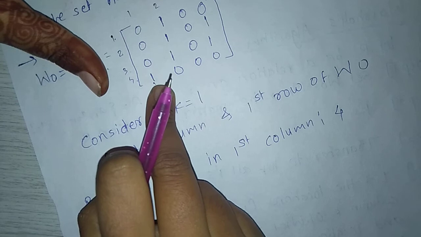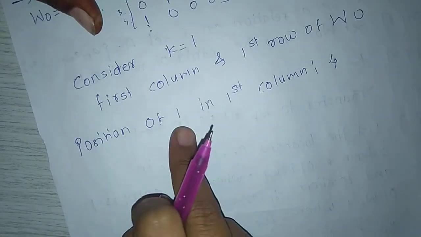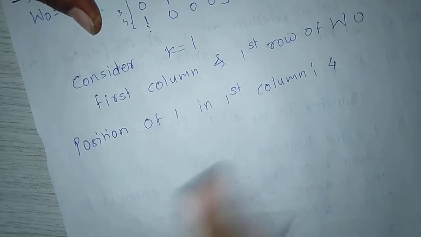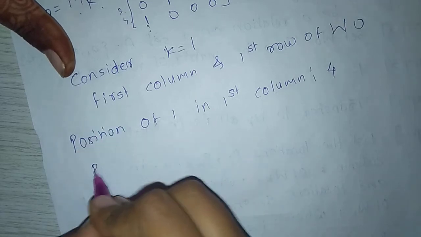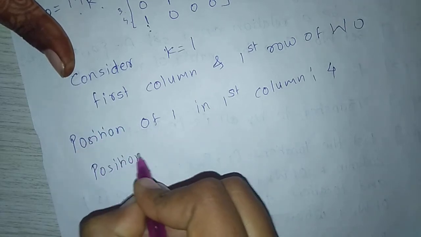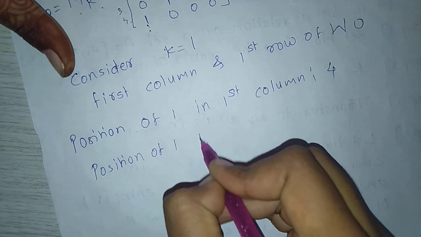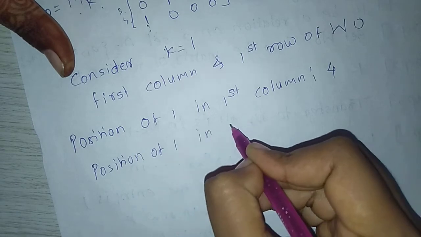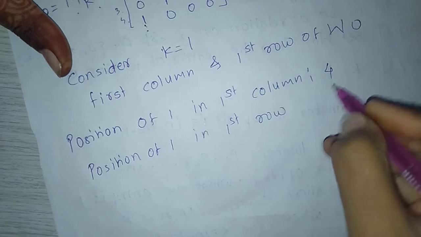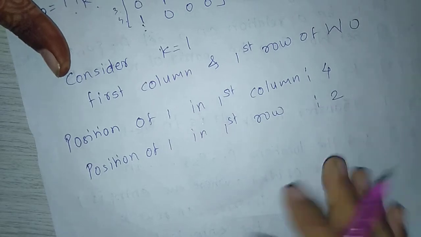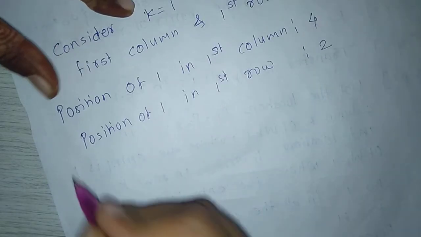Fourth position of column contains 1. So position of 1 in first column is 4, and position of 1 in first row is 2. Therefore, we add 1 in position